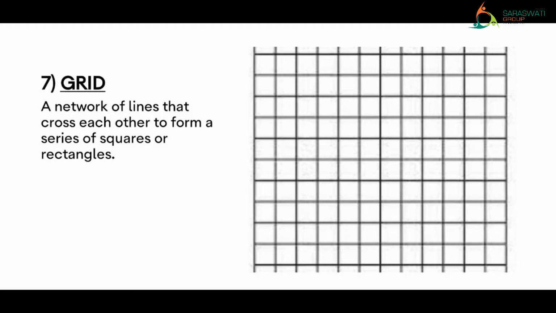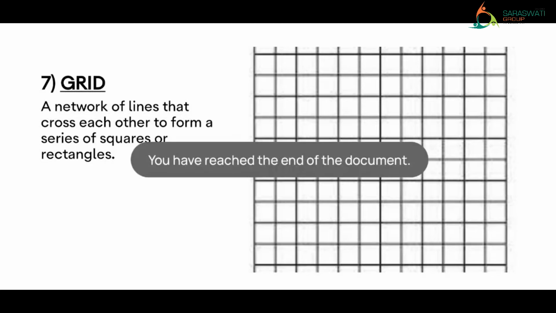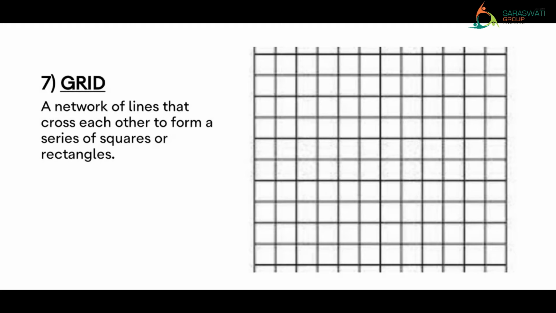The latitudes and the longitudes, since they are also horizontal and vertical lines, and they are drawn on the map or a globe, so they also form a network of lines that is called a grid. What is it called? A grid. Clear, kids? So here we have come to the end of the PPT. Now let's move on to the general video lecture.